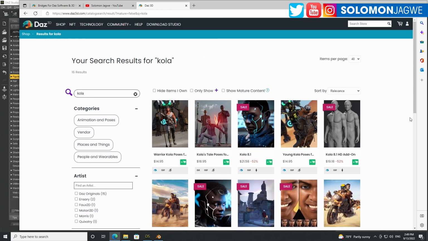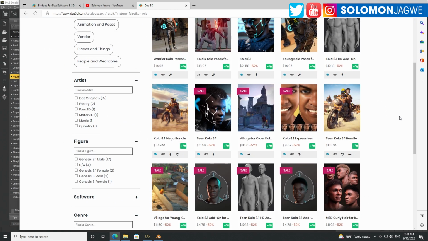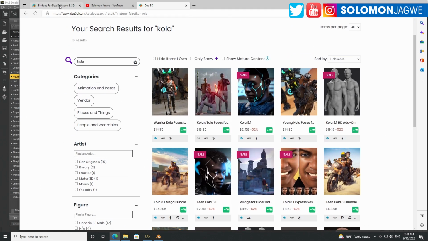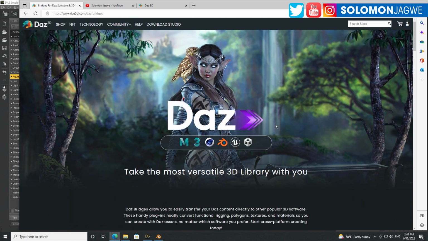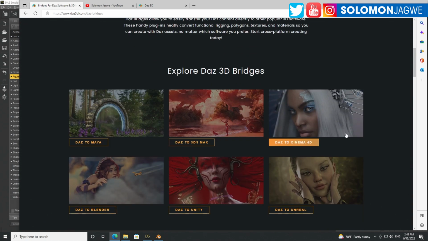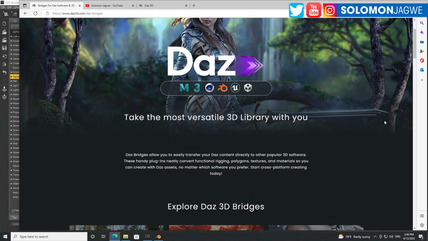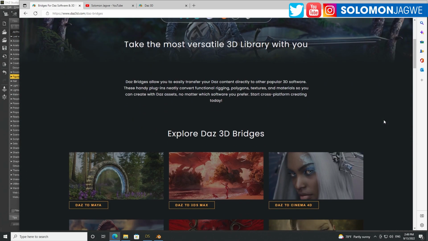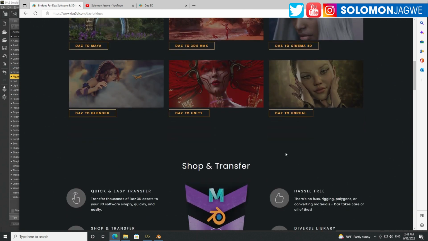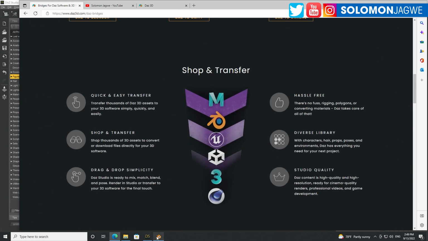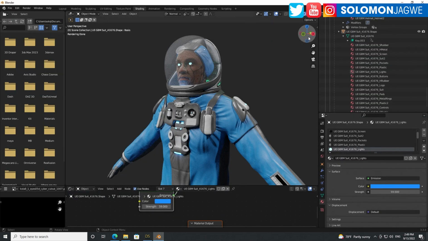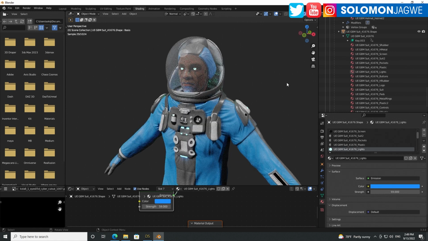Think about that. Very affordable. So go ahead and give it a try. And then maybe once you get funding, you can hire a whole team of modelers and riggers and animators. But Daz Studio and the Daz 3D Marketplace is a good way to start. And the bridges make it very easy for you to transfer these models to programs like Blender. And then you are able to light them, add textures, improve the textures and whatever you need.